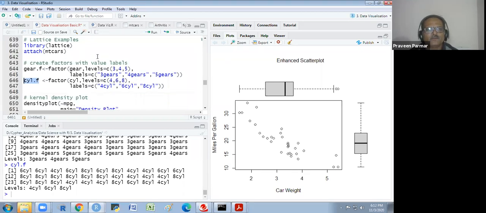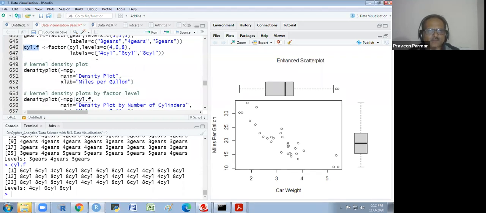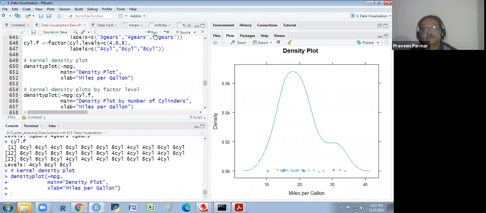Okay. And the kernel density plot I am going to develop here: density plot, tilde mileage, main is the title, and the xlab I am giving here. You see, it is just the density plot. Now I want this with a factor level.